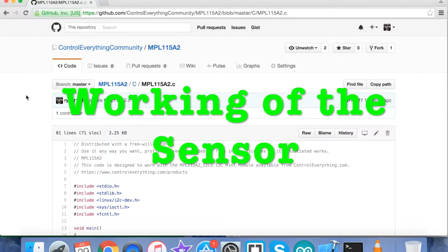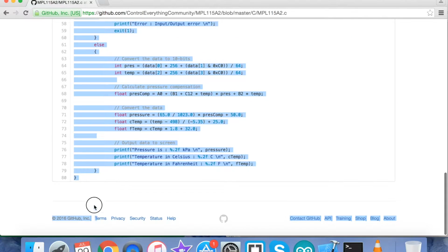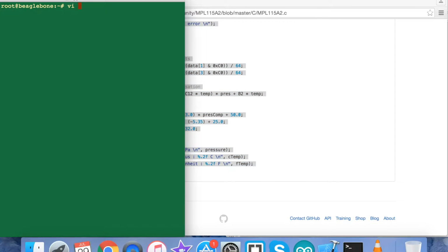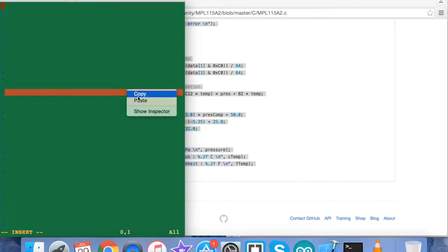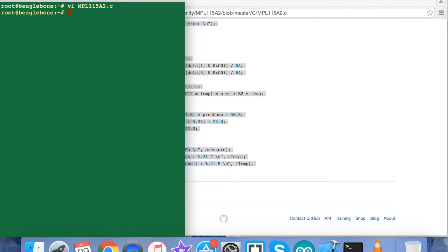Let's have a look at the working part, which is very interesting in itself, and for that we need to copy the entire code, as you can see. And here we have to create a new file, as you can see on my screen. This is the part for that. .c will be the extension, and in this file we need to paste the entire code we have just copied, and after that we need to save it. Now for the compilation, this is the whole command, and here we go with the compilation step, and the code has been compiled